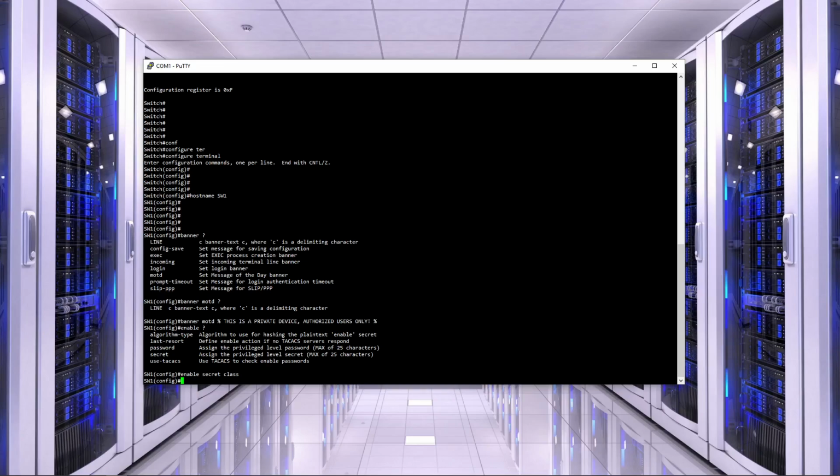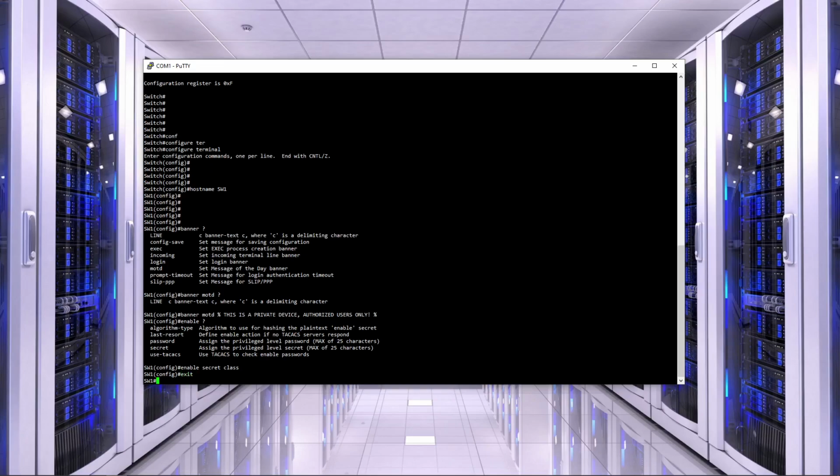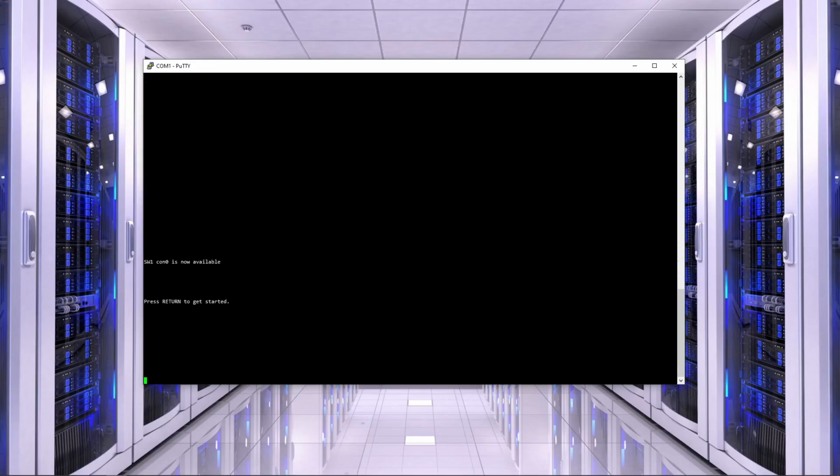Now, this password is the one that is actually required when we go from the exec mode, user exec mode, into the privilege exec mode. In other words, when we hit enable. For example, if I do exit, I'll go back one mode. If I do exit again, I'll go back one more mode. And we'll be able to see that this is just the user mode. Now, in the user mode, as you can clearly see, because I used exit twice, it's like I'm completely leaving the configuration of the device, and I'll be able to see my banner message of the day that I have just configured. Now that I'm in user mode, if I type in enable,